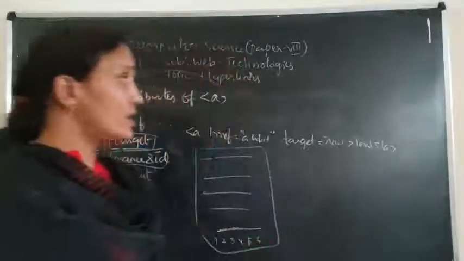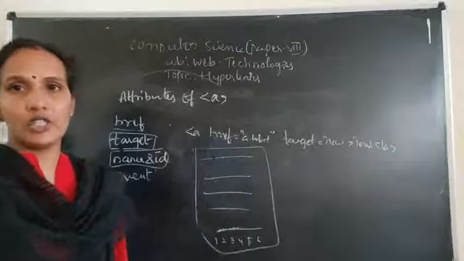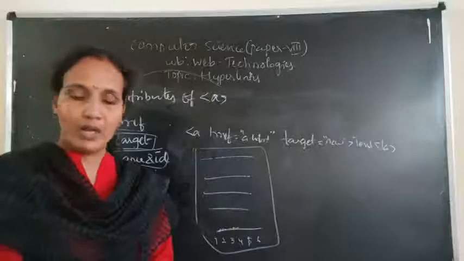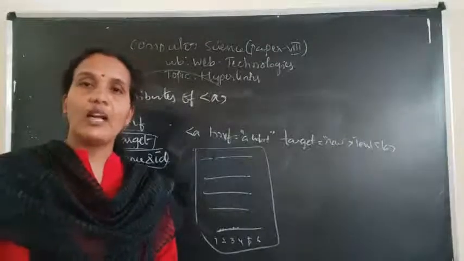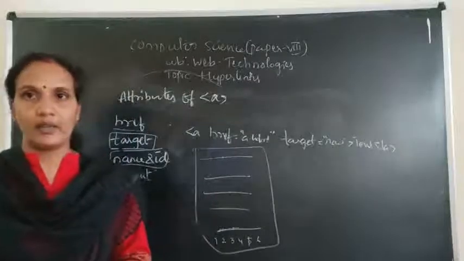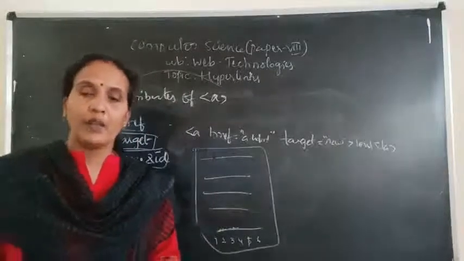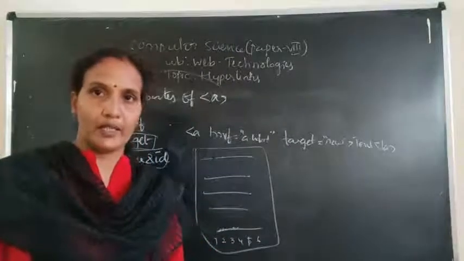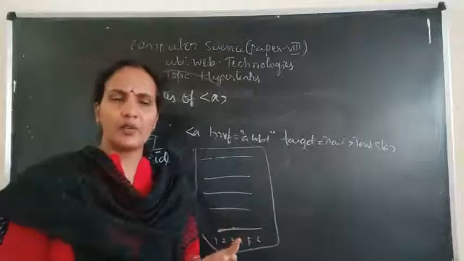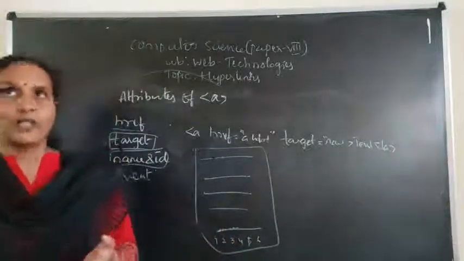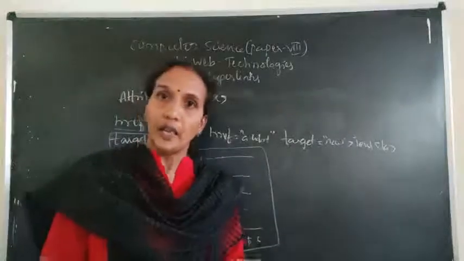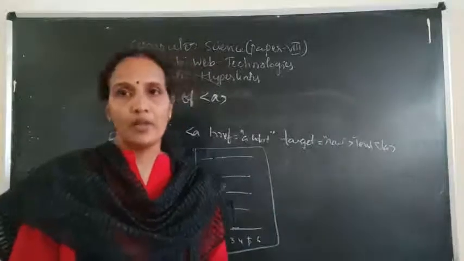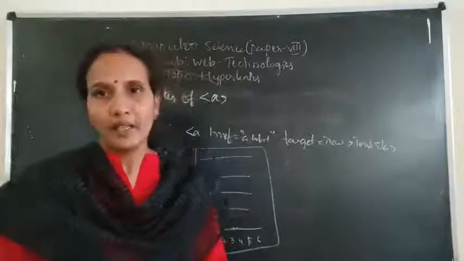Okay, so this is about hyperlinks in HTML. What is a hyperlink, how to create a hyperlink, how many types of paths we have, and what the attributes of the anchor tag are, that we discussed. In the next class I will explain different types of hyperlinks. In HTML we have different types of hyperlinks, like text hyperlink, image hyperlink, internal hyperlink, and mailto hyperlink. We'll discuss those in the next class.